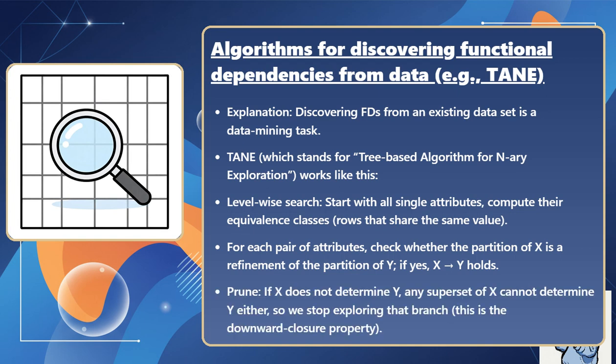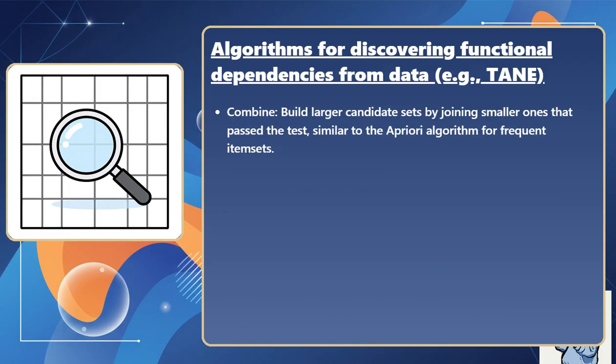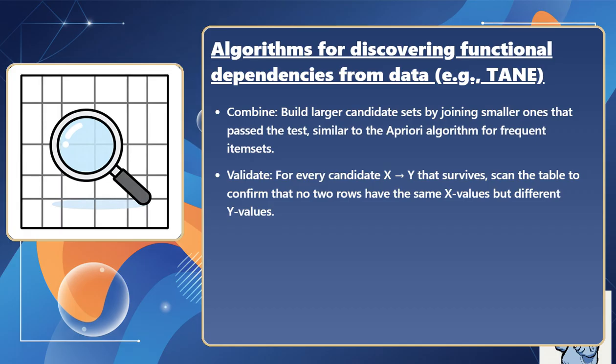Prune: if X does not determine Y, any superset of X cannot determine Y either. So we stop exploring that branch. This is the downward closure property. Combine: build larger candidate sets by joining smaller ones that pass the test, similar to the Apriori algorithm for frequent itemsets. Validate: for every candidate X determines Y that survives,